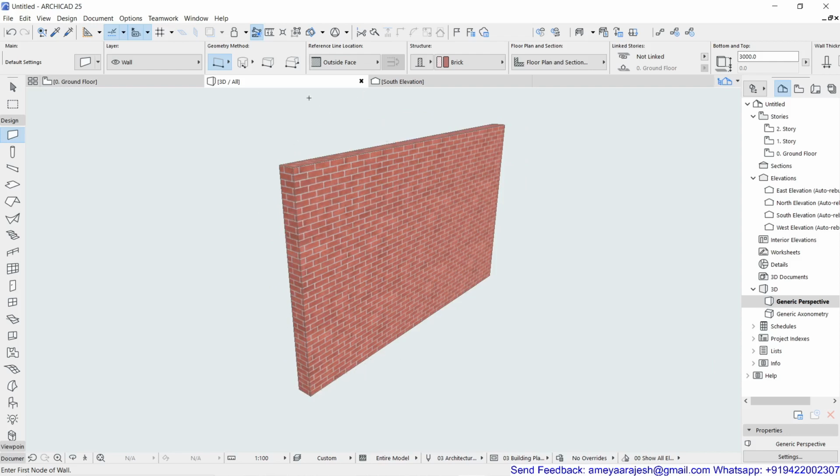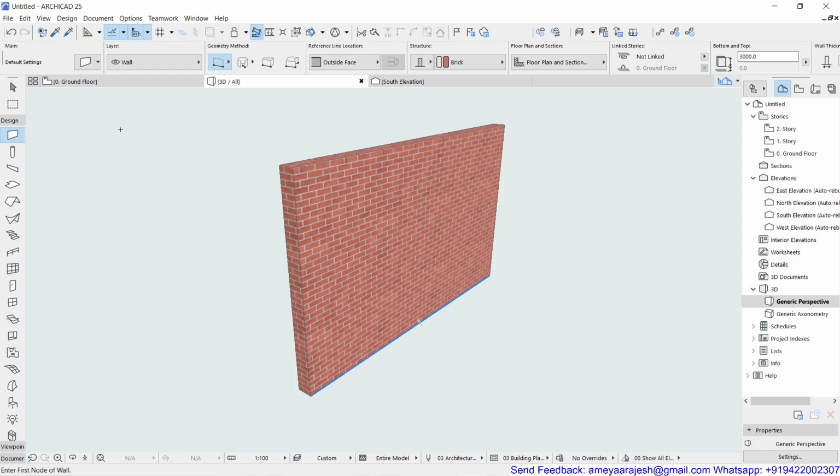If you want to check the object in 3D for its measurements, you can say measure and simply use the check mark exact on the location. See, 5 meters on the x-axis, and vertically if I touch over there, 3 meters, wall thickness 230. So even 3D drafting and editing is valid in ArchiCAD and you are most welcome to work that way. But at the initial level we will work on a 2D platform first, that is, in the floor plan, for the 3D object itself, and then we'll see its appearance in 3D. Immediately I'm not going to start drafting in my 3D window. It's a little bit difficult sometimes. You will not be able to maintain the accuracy.